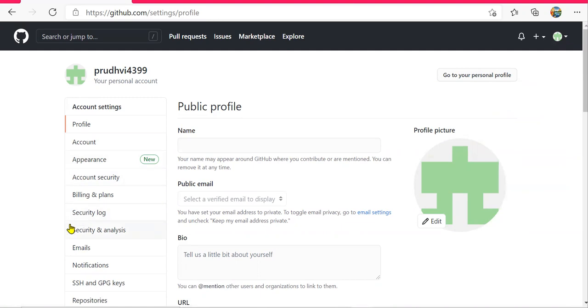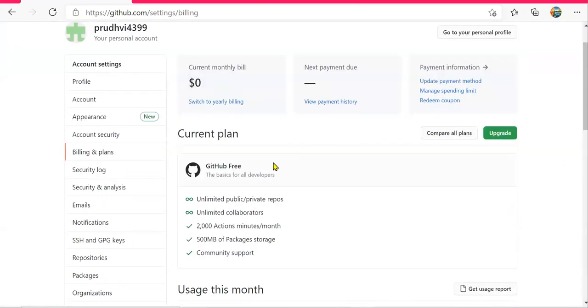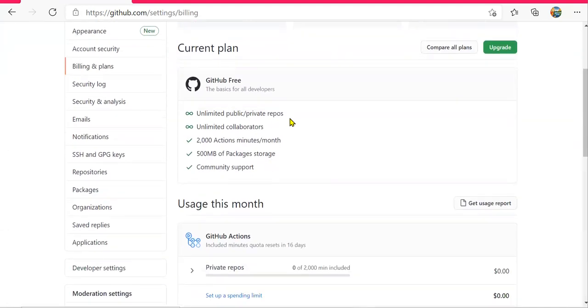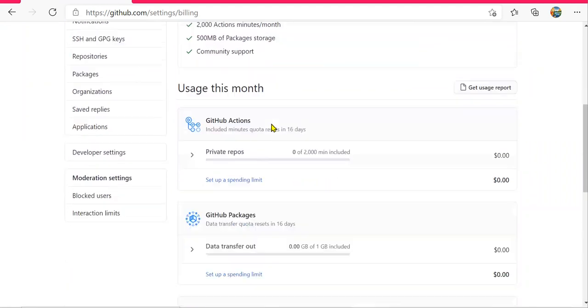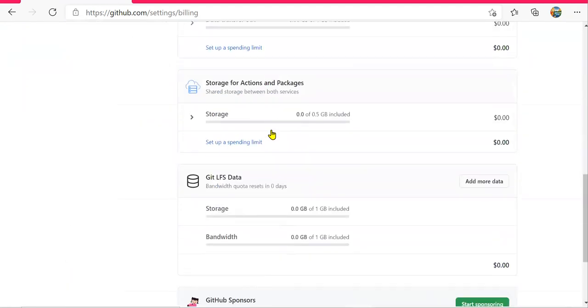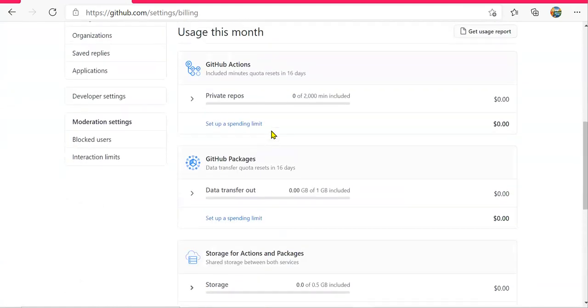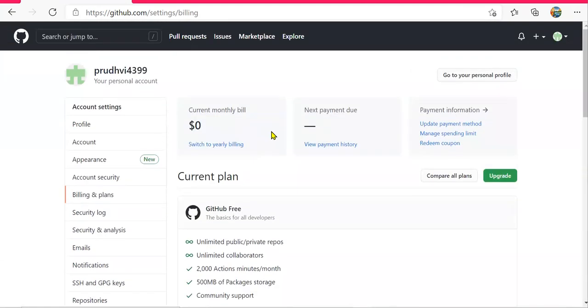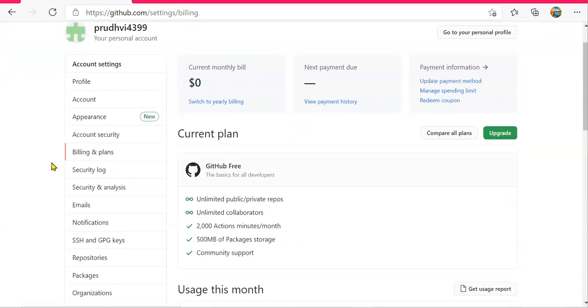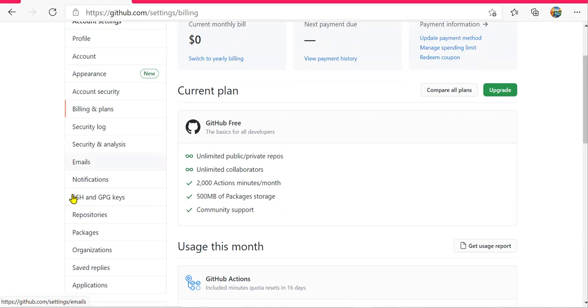Here a lot of options are there. You can also purchase plans. A lot of plans are available. Currently we are using GitHub for free. This is the basic plan for all developers. If you want commercial, you need to pay for that. Generally, companies will take care of that. Companies will generally purchase it so that all information is maintained privately.